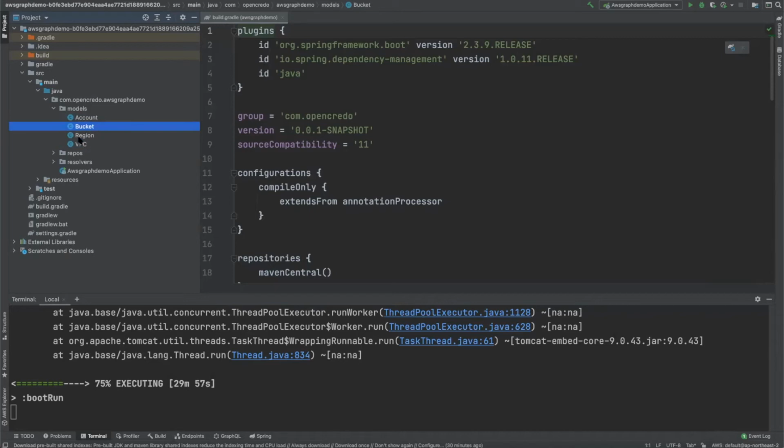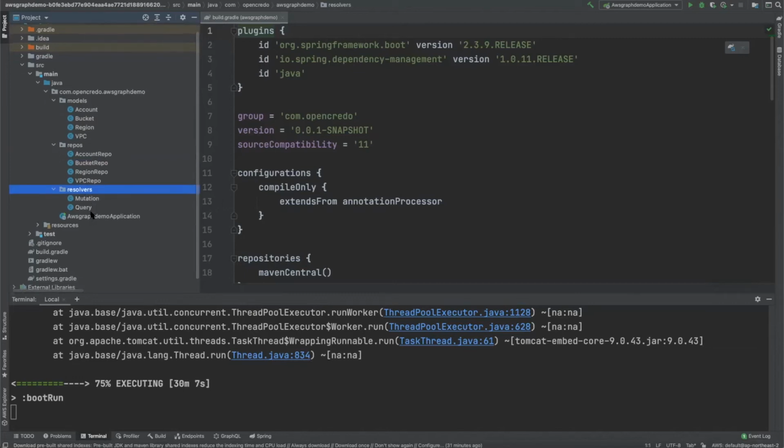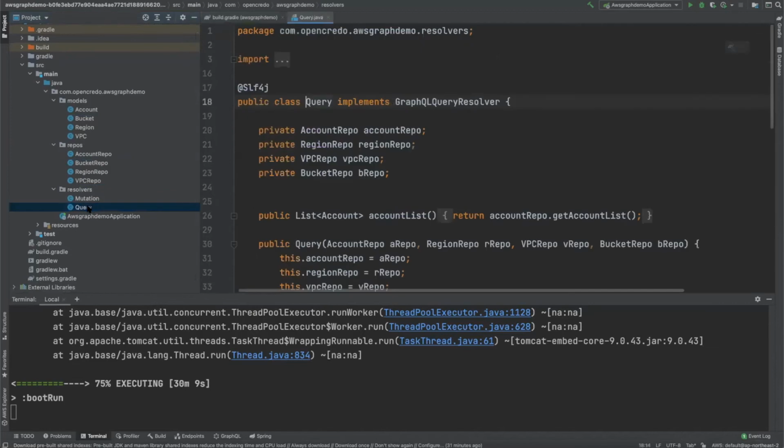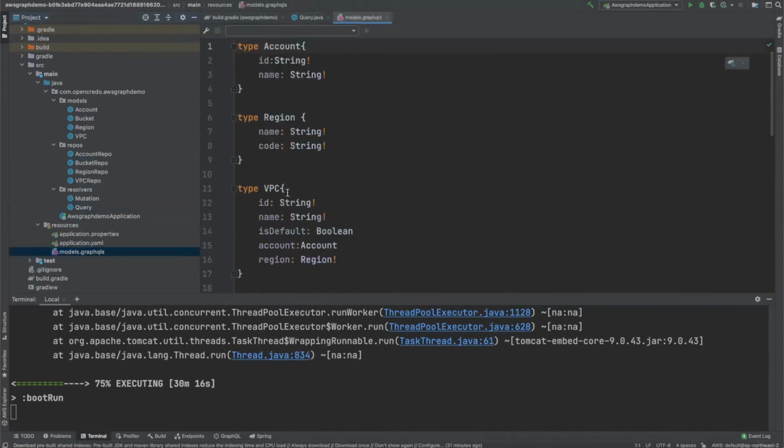So we defined the repos. Alberto can explain them properly. I have the previous version of the code. The most important part is the resolver and the mutation, which will tell me what I can do. So this file, under resources, we have the models.graphqls. This is the file, just one file, that defines